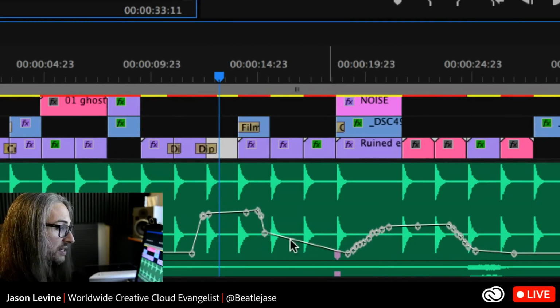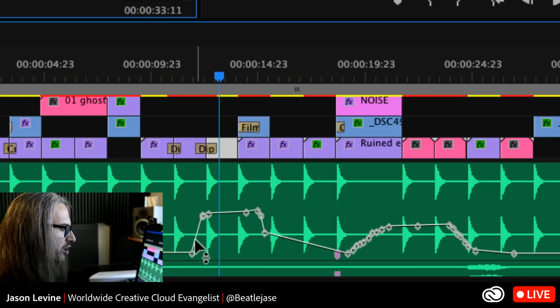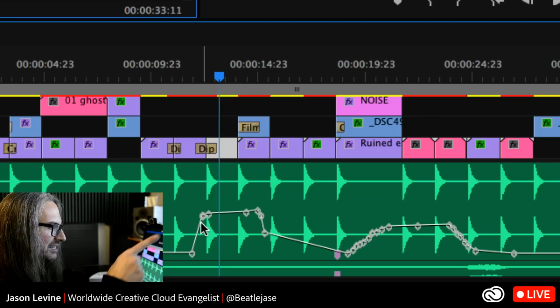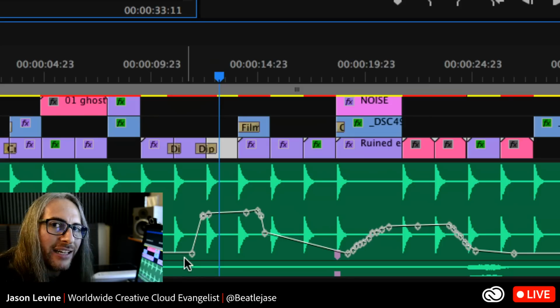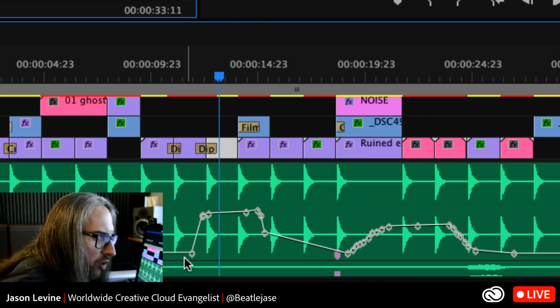And by the way, notice it's not like, if we hadn't thinned out those keyframes, there could be 30 keyframes just ascending right here. And why would we need that, right? So that linear keyframe thinning,